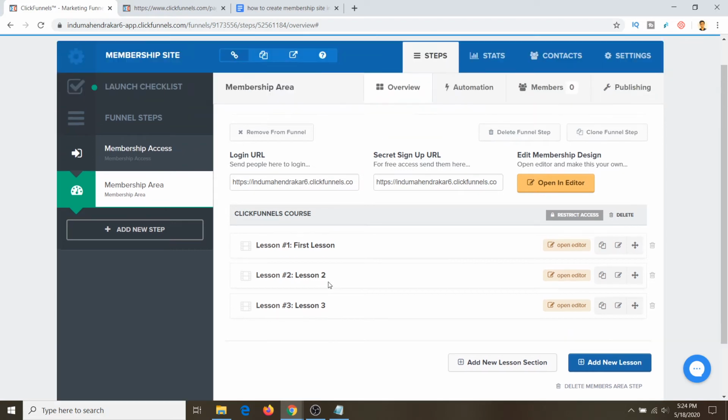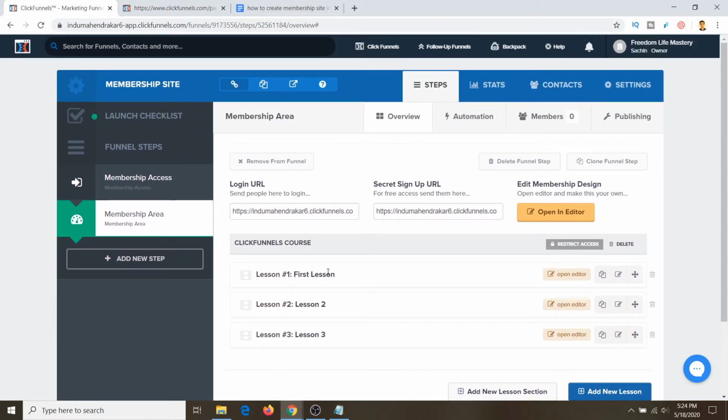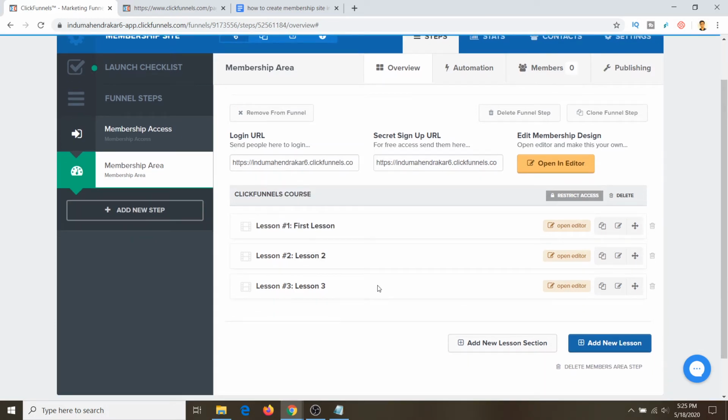This is how we will create your lessons in this section, that is the course, and these are lessons. Here you need to understand you can only restrict people based on sections, not on lessons. What I mean is, whenever somebody purchases a ClickFunnels course, you cannot restrict them from accessing all the lessons. For example, if I bought a ClickFunnels course, I can watch all 3 lessons. You cannot say, you need to watch only lesson 1, you cannot watch lesson 2 or 3. That's how ClickFunnels allows you to restrict people. It's not based on the lessons, it's based on the sections.